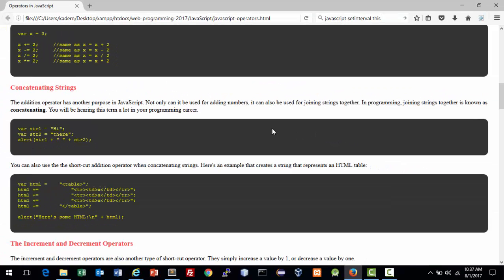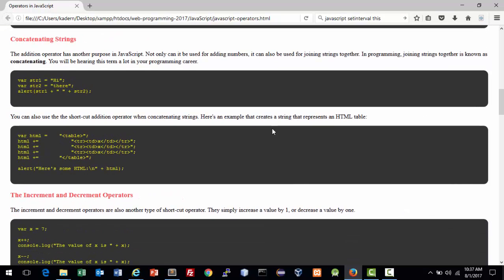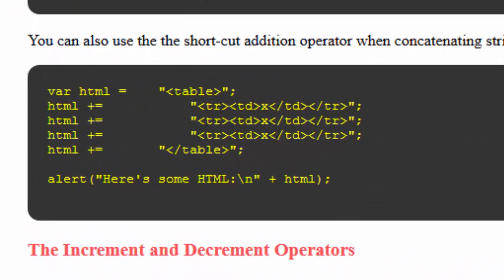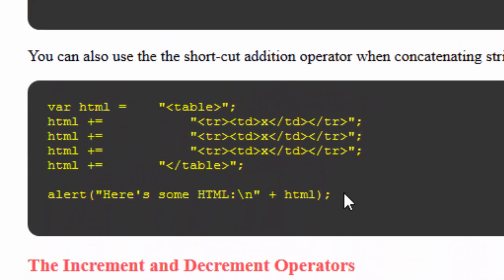All right, now string concatenation is a huge part of programming, and we can actually use the shortcut. You'll be doing a lot of string concatenation as you do more programming. A lot of programming is just working with text and strings. So in this example, I just wanted to show you a slightly more complicated piece of string concatenation right here. So I'm going to go ahead and copy this,